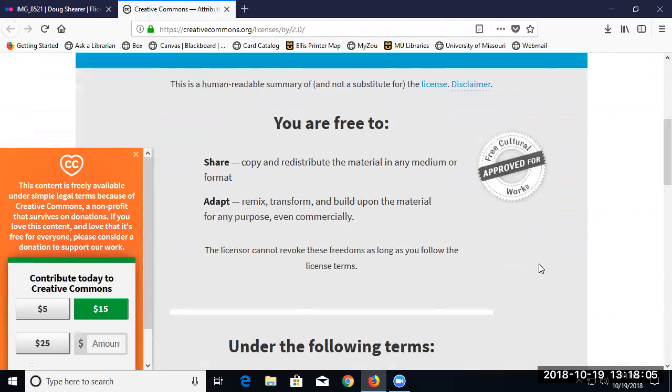Does it cost a person money to get their work licensed under Creative Commons? Okay, I'm going to repeat your question for the benefit of those who are online. The question is whether it costs something to get this kind of license. I think this is all freely available. I don't know, Grace, have you run into this at all? I'm actually doing a workshop on this next Friday.